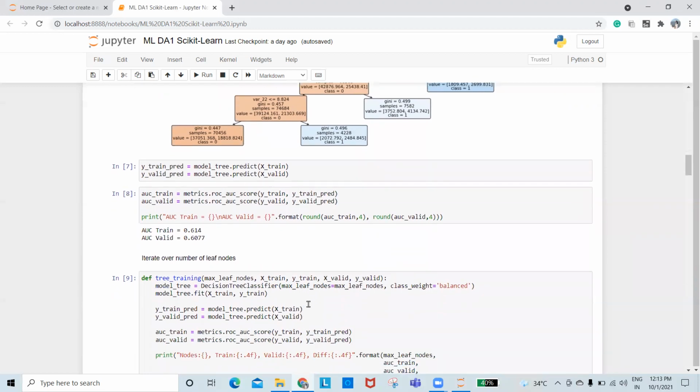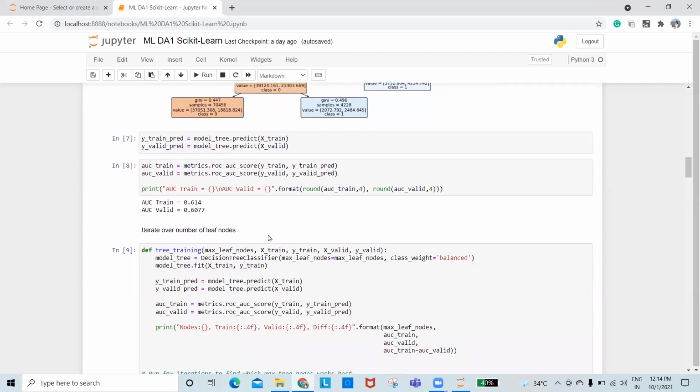So we can understand how good our decision tree is in predicting the training dataset and validation dataset dependent variables. We will pass on y_train_pred and y_valid_pred to the roc_auc_score. This tells what is the area under the curve score for both the training and the testing dataset, and print the values of the AUC value for both. It is in a reasonable range.